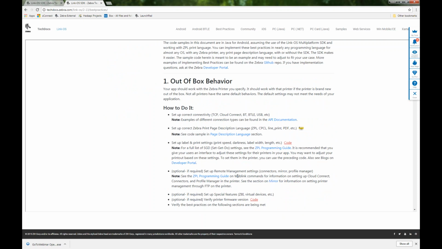So first things first is out-of-box behavior. The big portion of what this means is that when you get a printer out of the box, brand new, will it work with the application that you're writing or testing with? The reason for this particular best practice was that we found that a lot of developers will get a printer, either their own printer or from somewhere, and set it up